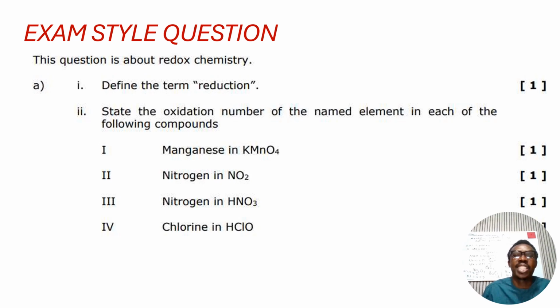The next question is: state the oxidation number of the named element in each of the following compounds. So we have to calculate the oxidation number of manganese in KMnO4, potassium manganate. The oxidation number of potassium is +1, plus manganese,